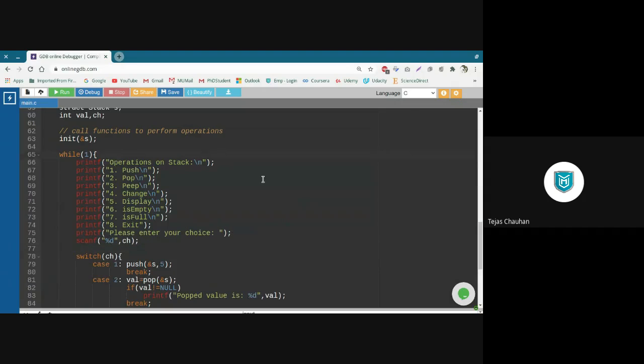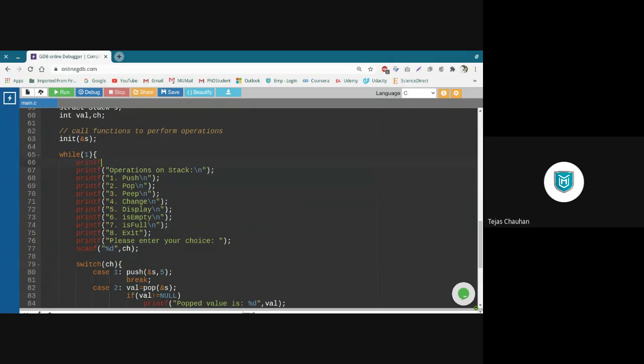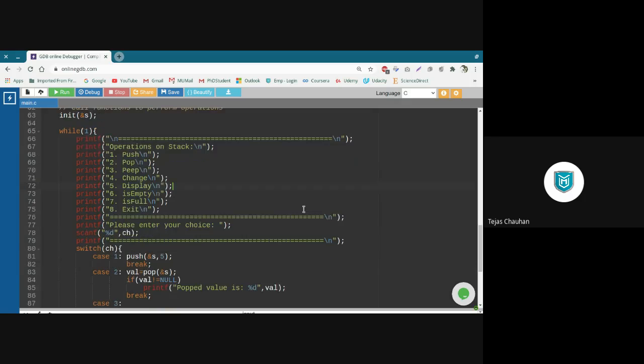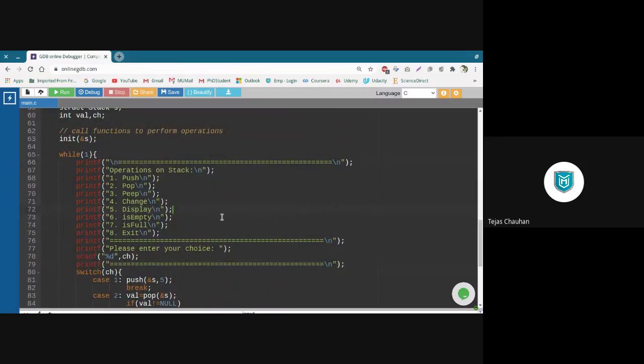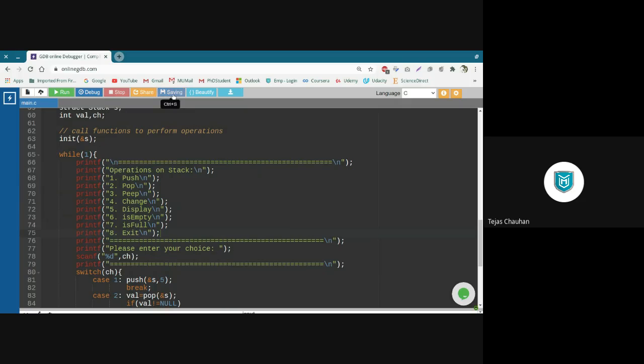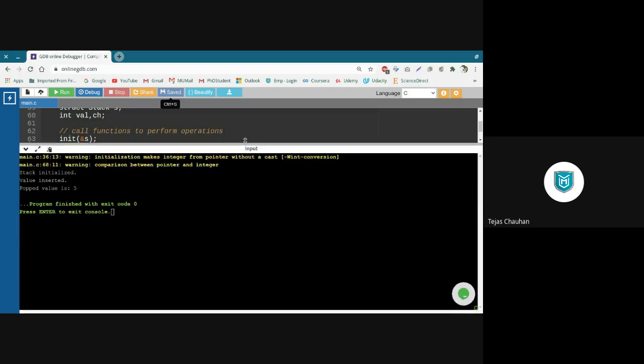Now, just for some decoration and partitions, let me have some extra printf statements. Right? So this is all that I need to change here to make this menu-driven code. Let us save, and let's have a look at the effect.